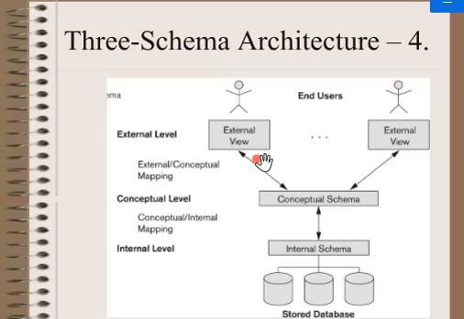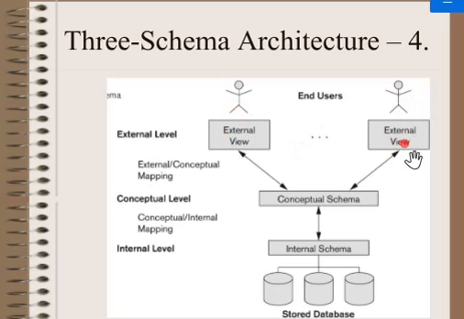As I told, the three schemas are only descriptions of data. The actual data is stored at the physical level only. In the three schema architecture, each user group refers to its own external schema. That's why you can see here we have multiple external schemas, multiple views.